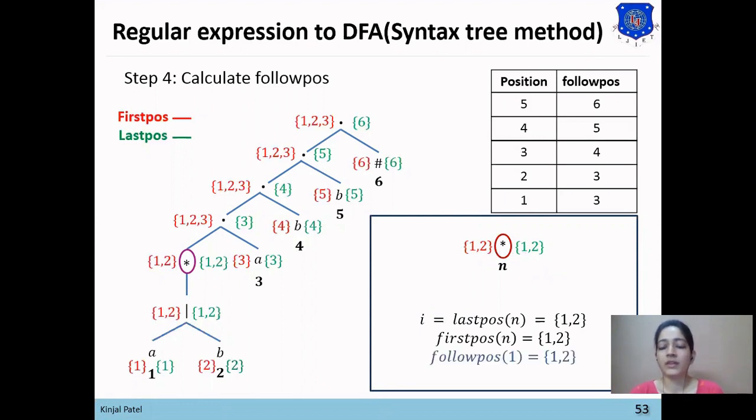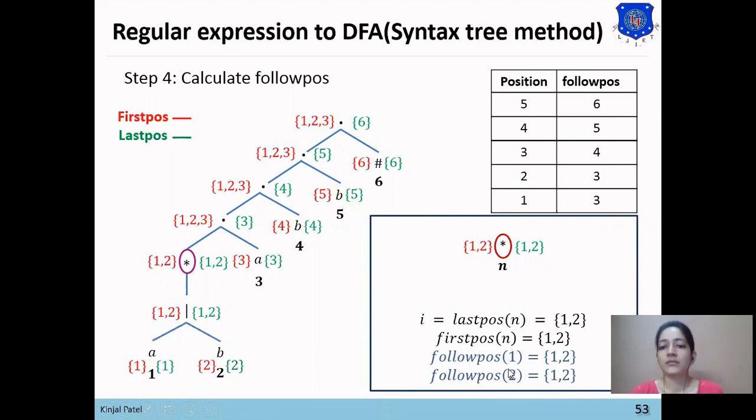Follow position of 1 will be 1, 2. Similarly, 2 is also in the last position, so the follow position of 2 will be the whole set of the first position of star.